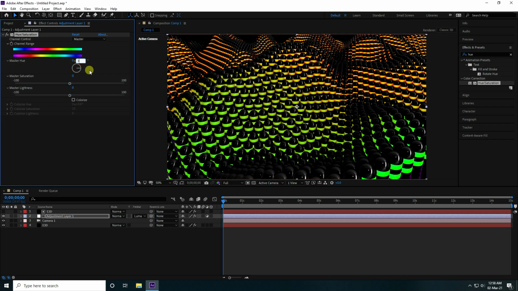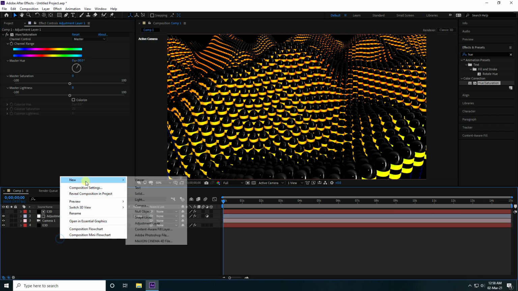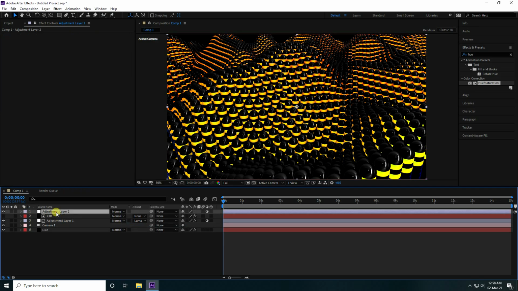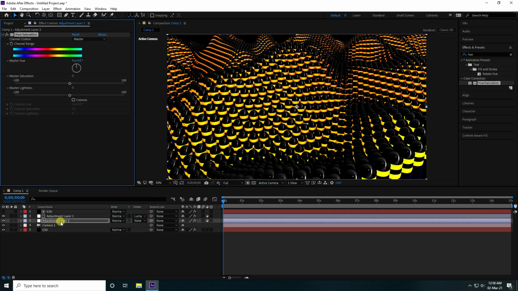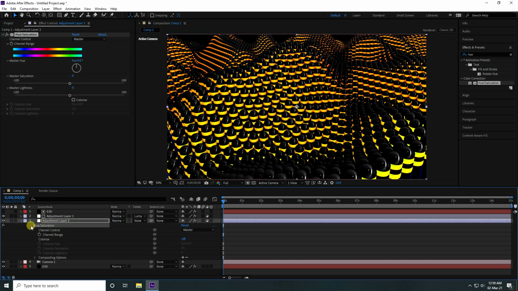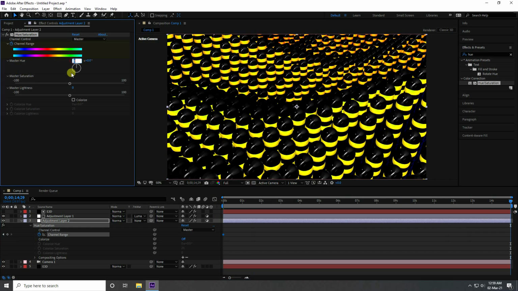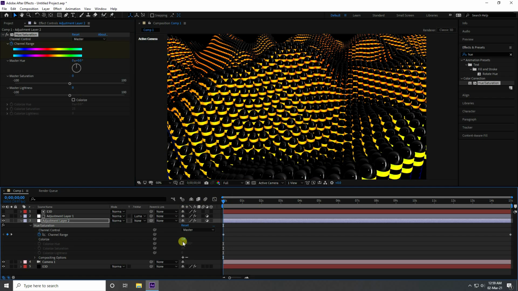Okay, so guys, I take hue master, take 30, and now I take a new adjustment layer, and that's my master color. Apply the same hue and saturation, actually adjustment 2. Press E. See guys, that's my hue, go to 0 frame and check channel range, and go to the last one and hue master I take 1. So guys, go back and play.